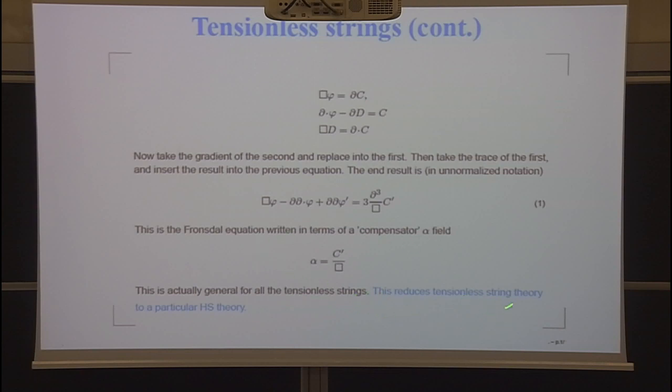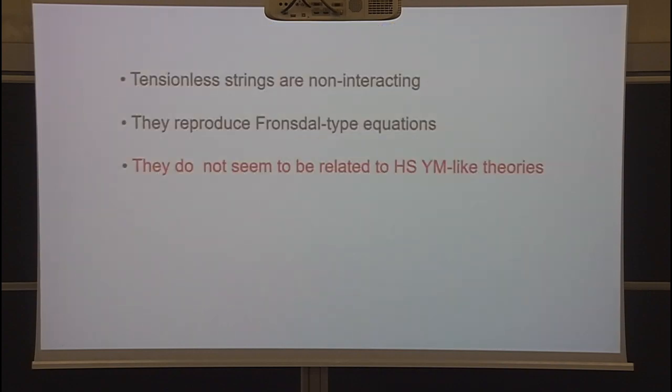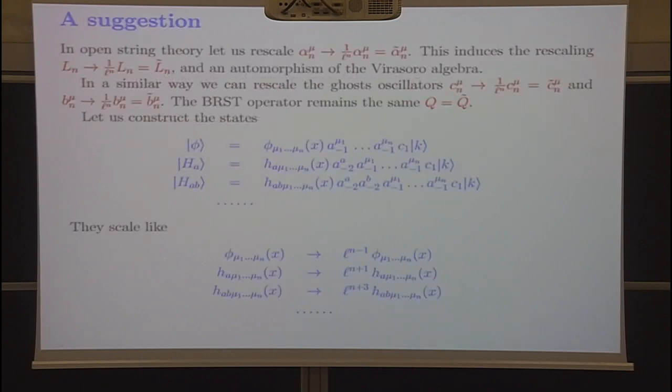So this reduces tensionless strings to a particular higher spin string. There is no critical dimension in this theory. But you will see that it doesn't have interaction, so it cannot be related to our theory. They reproduce Fronsdal type equations, and they are not the same as what I showed you before, these higher spin Yang-Mills-like theories. So what are these? Well, this is very much work in progress, just an idea, which is to consider